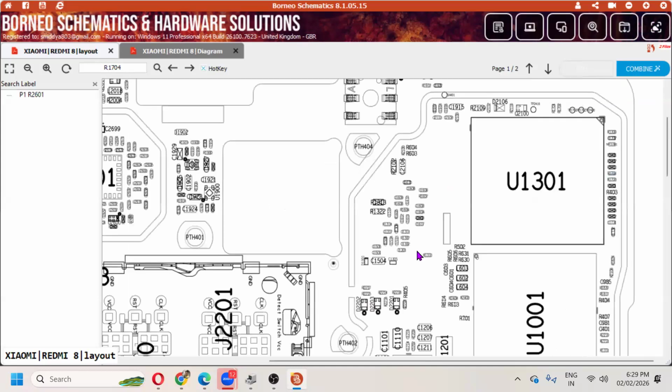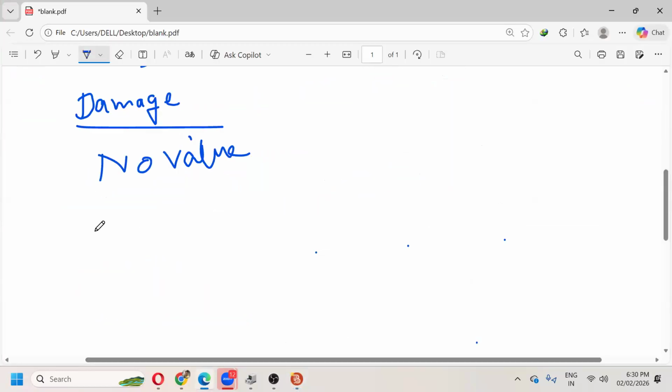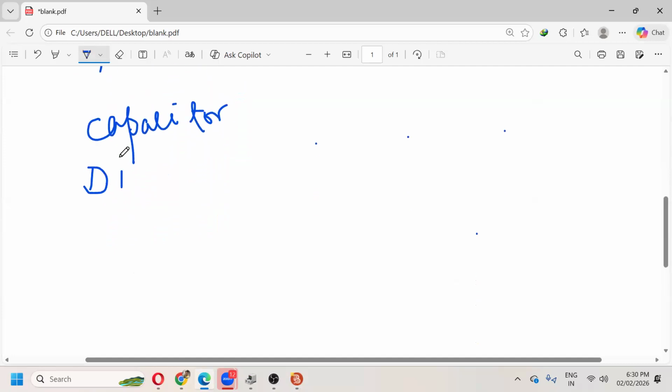So guys, if you have any question, then ask me. Our other components are capacitors, the working process of a capacitor. We continue with capacitors tomorrow. How many types of capacitors are found? And the next one is the diode. And the next one is our coil. These are all mobile components: diode, transistor,